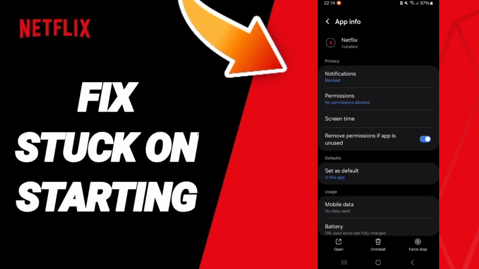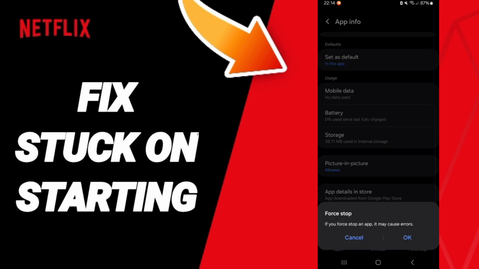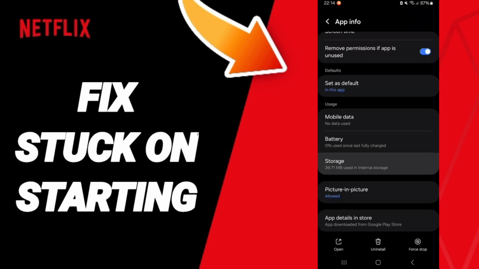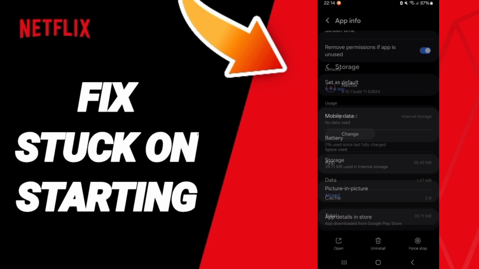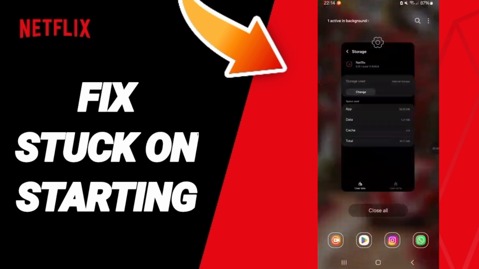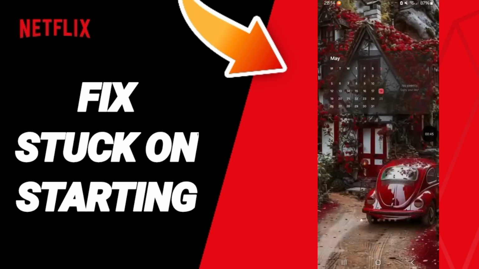In this app info page, you will go to Force Stop and click OK. Here you will enter storage. Then we click on clear cache. In the end, you will turn off your phone and wait a moment before restarting it again